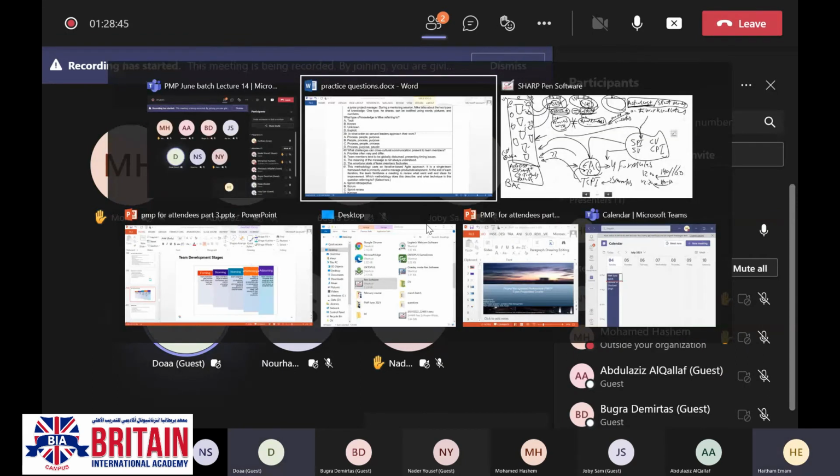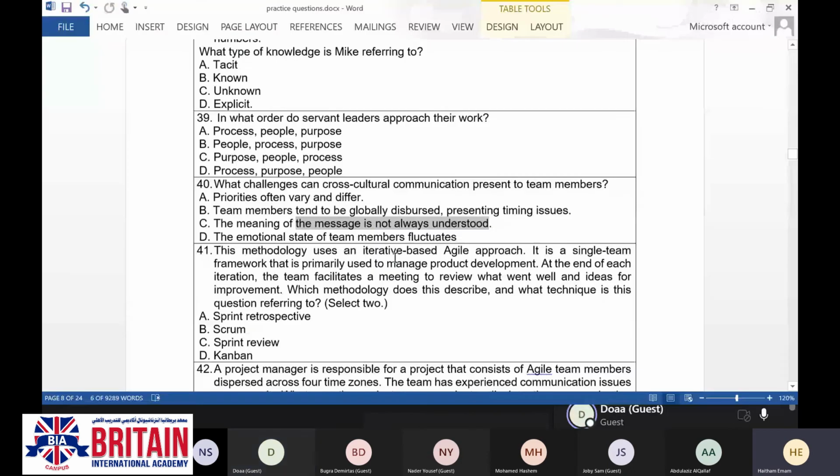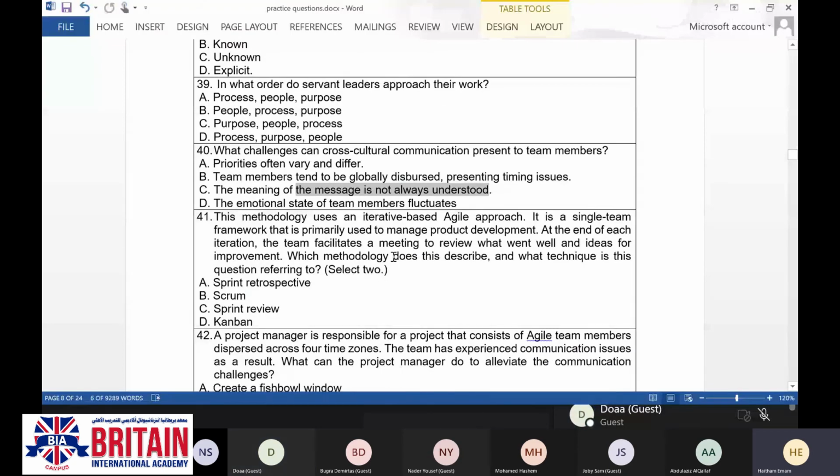Okay, now question number 41. Mr. Abdulaziz, yes, question number 41, please. This methodology uses an iterative-based agile approach. It is a single team framework that is primarily used to manage product development.